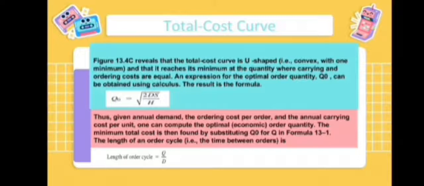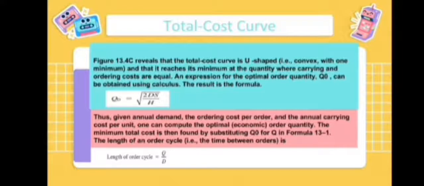Thus, given annual demand, the ordering cost per order, and the annual carrying cost per unit, one can compute the optimal or economic order quantity. The minimum total cost is then found by substituting Q0 for Q in formula 13.1. The length of an order cycle, for example the time between orders, is